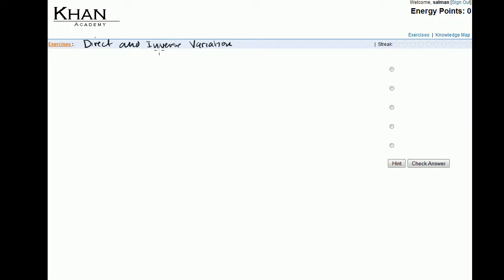So there are two types of questions we'll have. One is where we state it in words, and then we ask them the choice that could be the relationship between the two variables, and then we'll do it the other way around. The first would be, and we could change up the variables so it doesn't always look the same, there are several ways we could say it. We could say directly proportional, or we could say A varies directly. Let's start: A is directly proportional